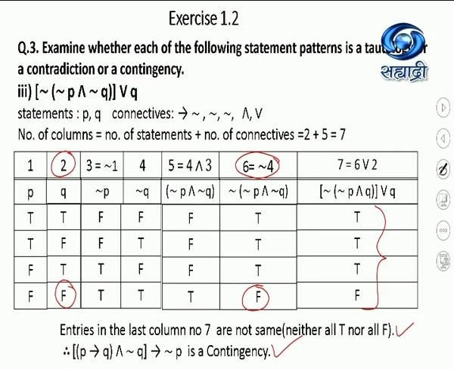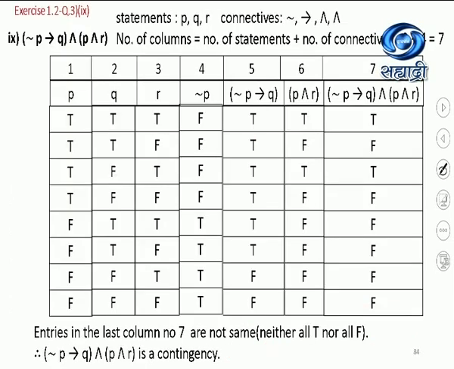Okay, so we have seen one example on tautology, one on contradiction, one on contingency. I'll just give you the gist of the remaining 3 problems that I have already done. Last column is what? What do you see? Combination of T and F, so it is a contingency. Question 9 from the same exercise, same question. You can see that.